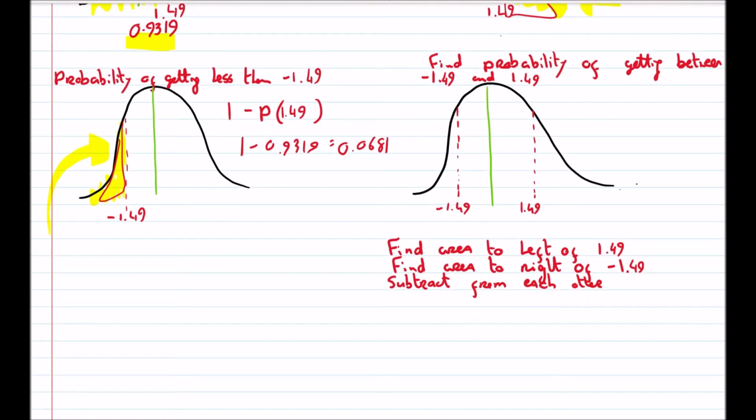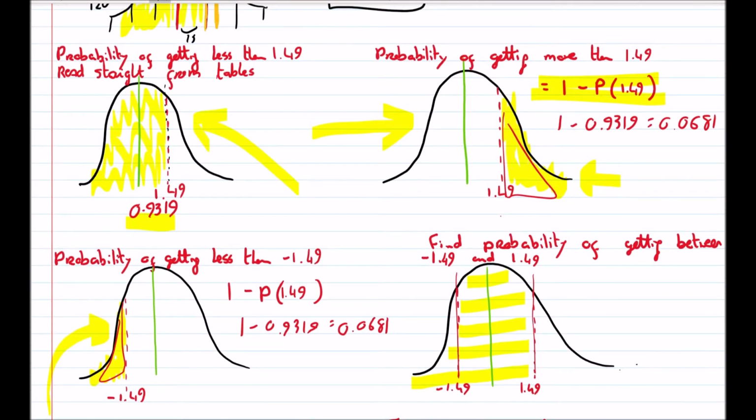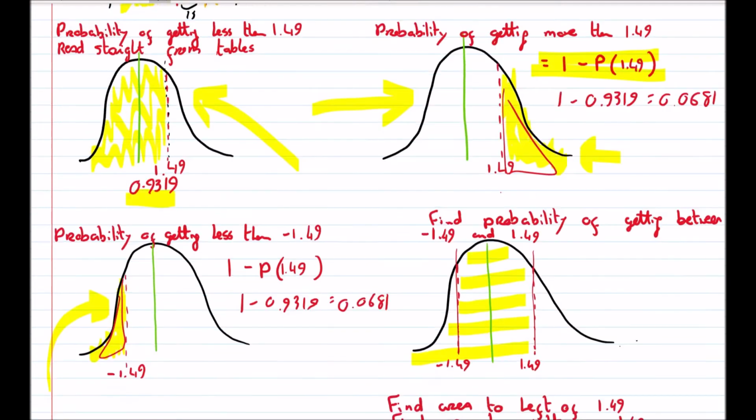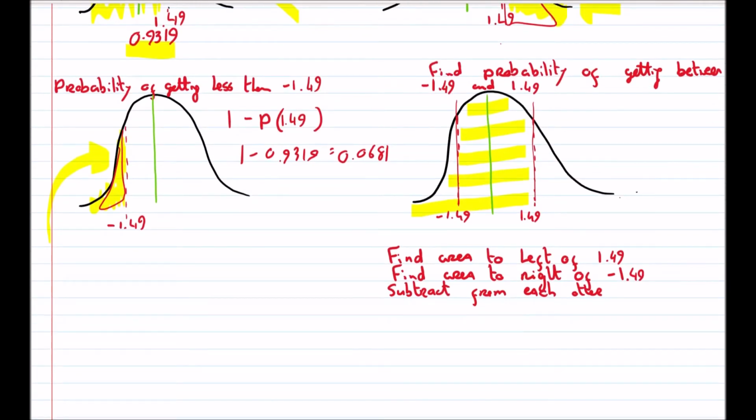Right, last one. This time we're getting the probability of getting between two z-scores. So I have a z-score here, I have a z-score here, and I'm looking for the probability of getting between those. What do I do? Well, first of all, I will get the probability of getting to the left of this z-score, so all of that. And how did I do that? Well, just the same as I did up here. Just read the z-score straight from the tables, and it was 0.9319. And now what I want to do